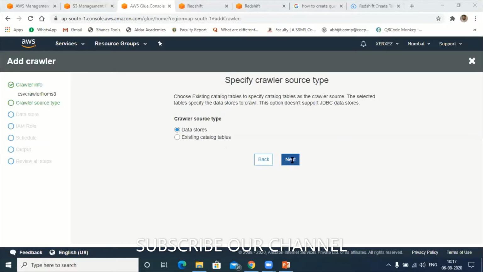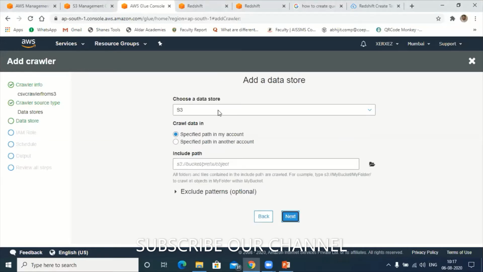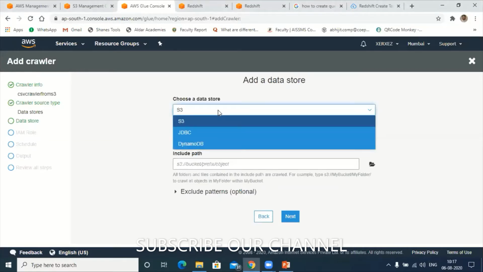Next is S3, choose the data store. Obviously I have stored the data in the S3 bucket. Along with S3, it will show me the list of all the other databases which I have created under my AWS console. As far as this is concerned, I have JDBC, which I created for Redshift, right? Redshift, ODBC and JDBC to read and write the data. DynamoDB I already have. We already created it while demonstrating the Lambda function.